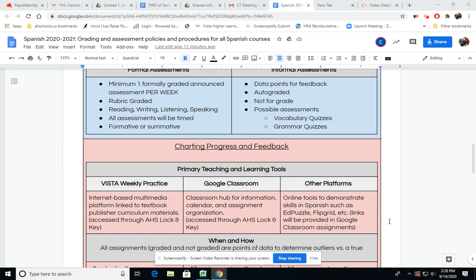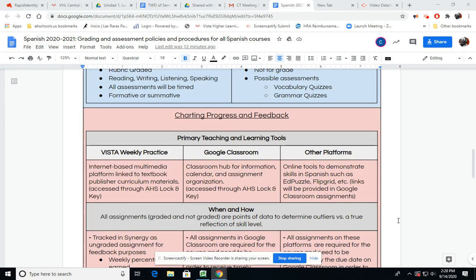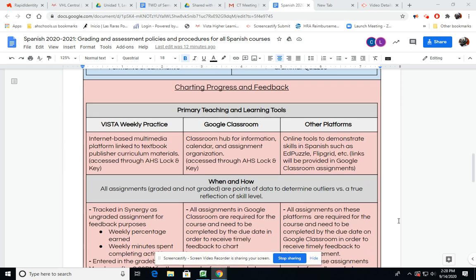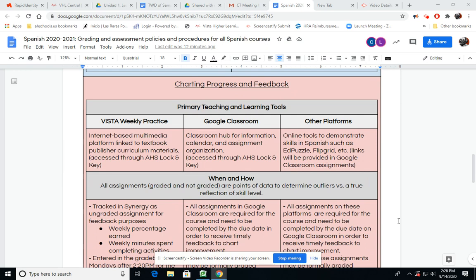I know what we were doing here at Anoka High School, but I don't know how your teachers were doing there. And coming from Anoka Middle School and even Spanish 1, you maybe did not see Vista a lot last year, but we do use it in Spanish 2. So we're working on getting you feeling comfortable with that. But I'll just say it plainly: if you think that you can blow it off and not do it and I won't notice and it won't matter, you're wrong.